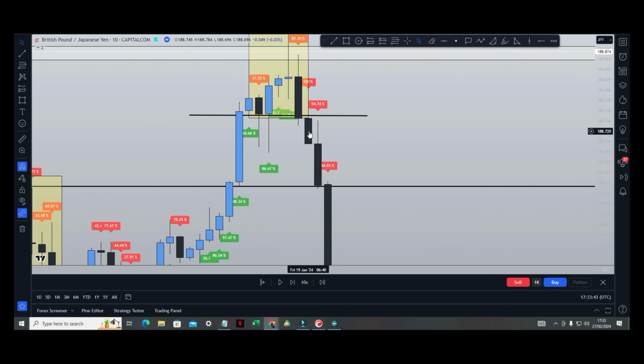So what do you do? Remember, you wait. You don't just enter off here. You wait for the candle to do a little retracement. Remember, when price retraces a bit back, it's not going against you. It's just creating that wick or doing a retest. Remember, this was support, right? Price broke through. It's coming back up to retest this resistance now. And when it does,